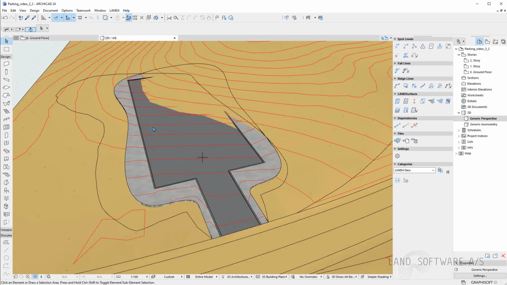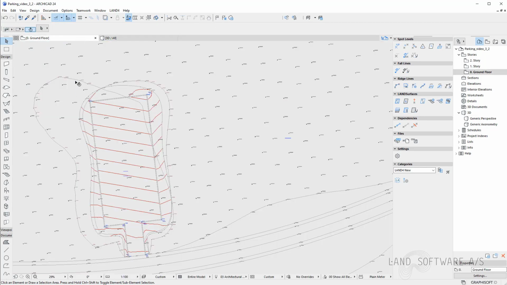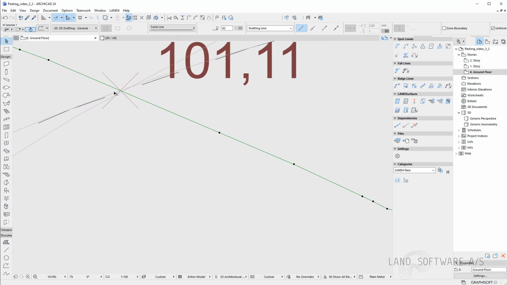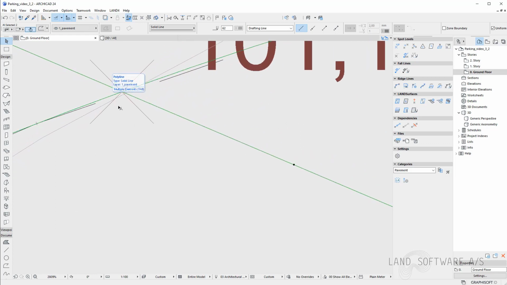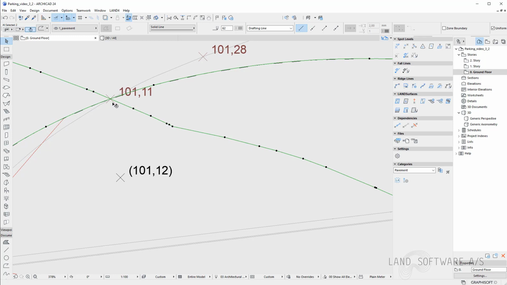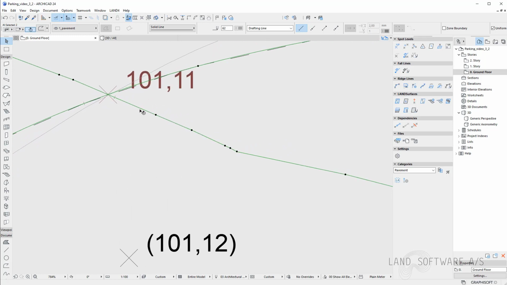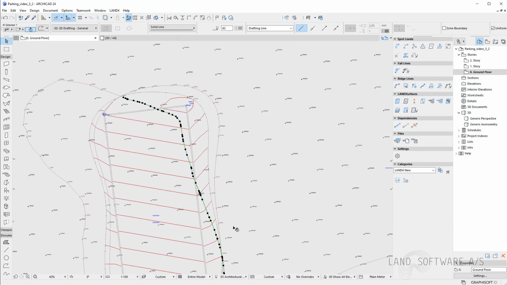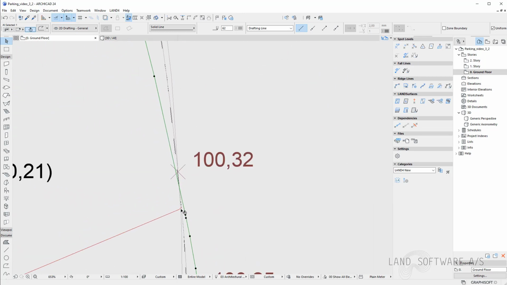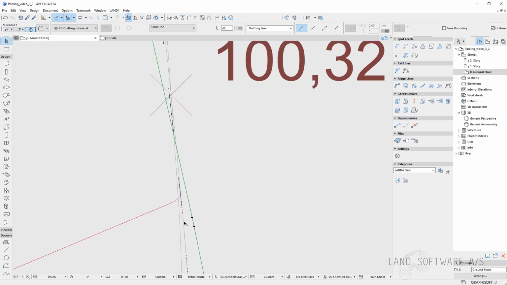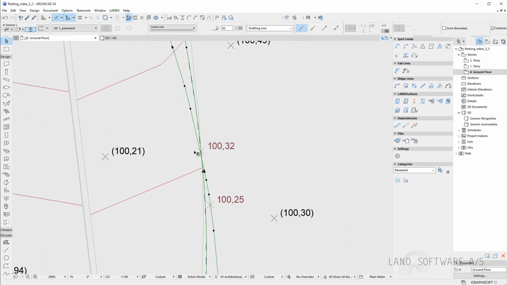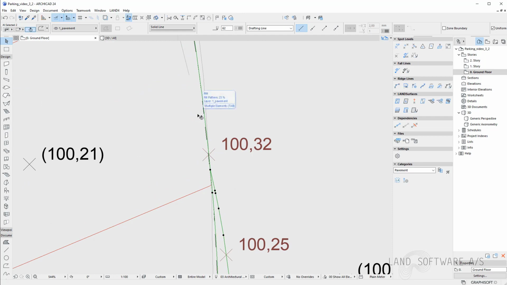We can check in the 3D the polyline we placed here. And that is because now I would like to basically trim it at the intersection with the pavement line. So now I will just trim it out here by holding Control. And now I have my line cut at that level. And I can do the same on the other side. I just want to make sure I have the right line selected. And I can trim it here.